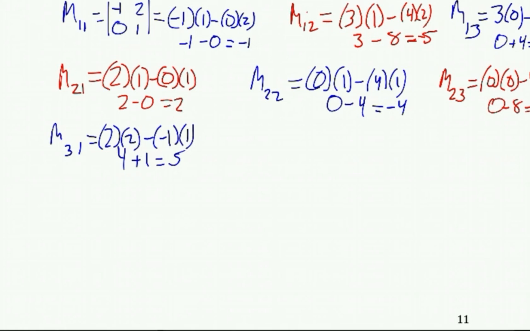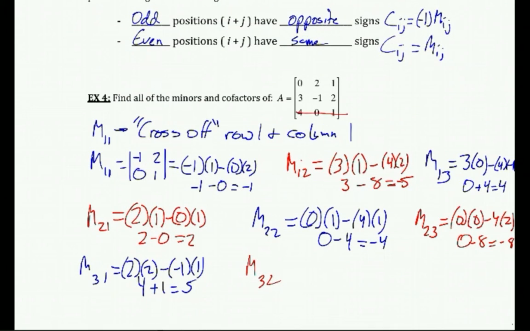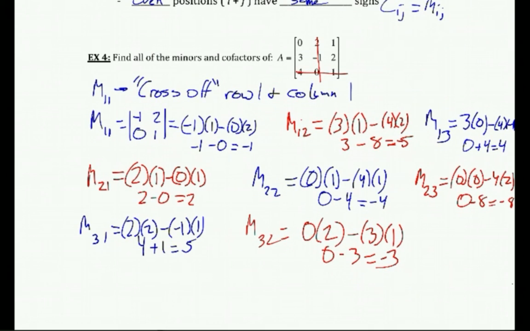All right, m sub 3, 2. So effectively, it's as if we're crossing off row 3 and column 2. Looking at those numbers, we got 0 times 2 minus 3 times 1. So we got 0 minus 3, which gives us negative 3. And our final minor,